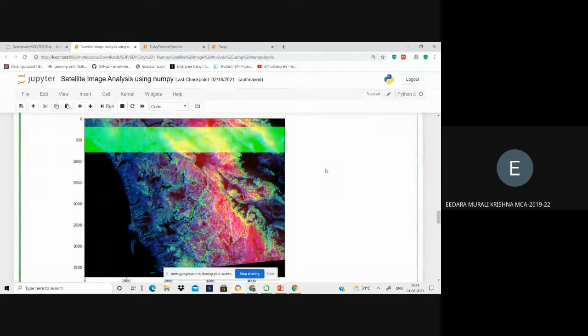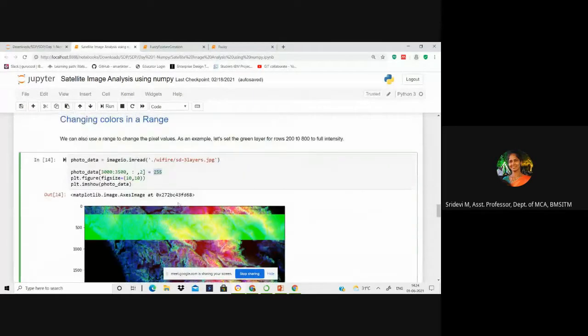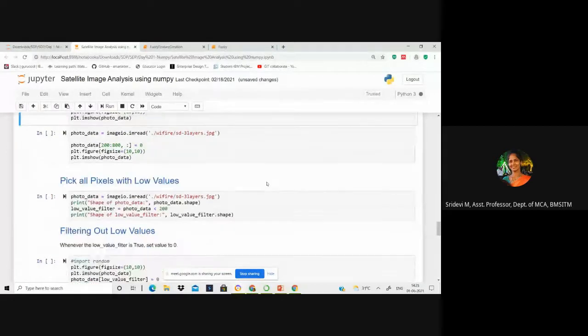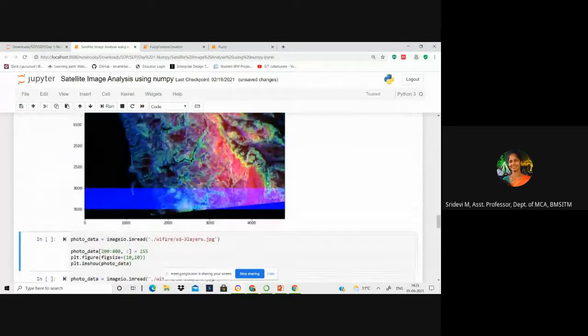In the bottom. Yes, ma'am, bottom. Yes, in the bottom part here, 3000. You can see the axis 3000 to 3500. You'll get a blue band. Got it, students?